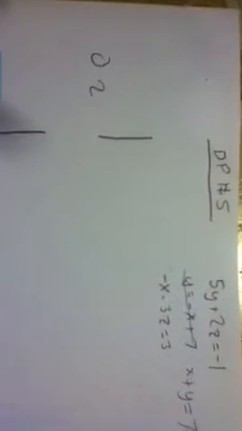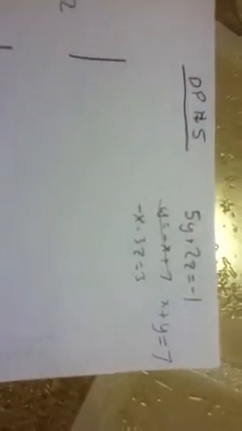Okay, so to solve DP number 5, first we need to simplify the equation. As you can see, I already did, because it was y equals negative x plus 7, so I just moved x to this side. So it'll be x plus y equals 7, so we have it ready already. So after that now, I'm